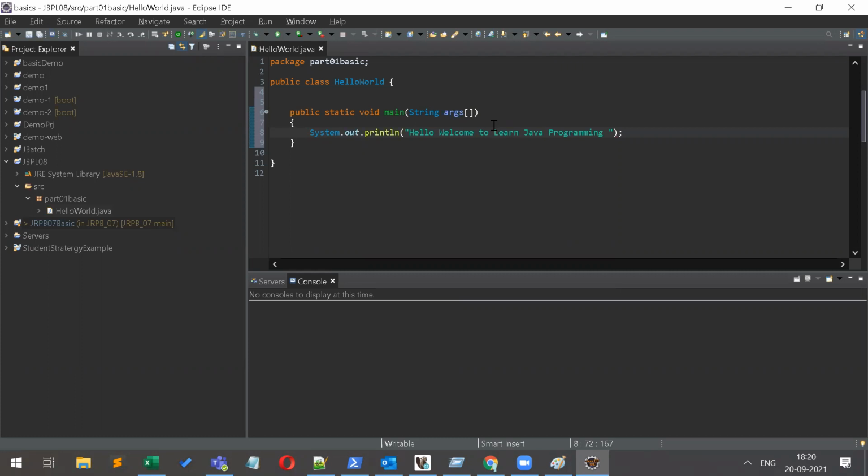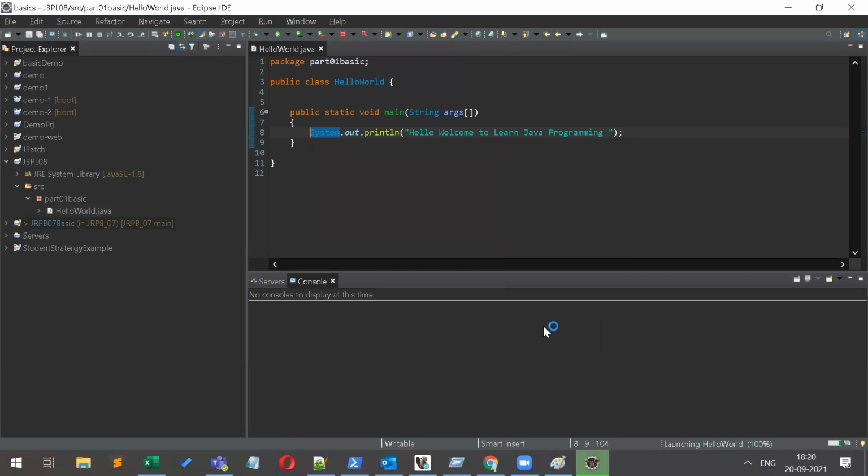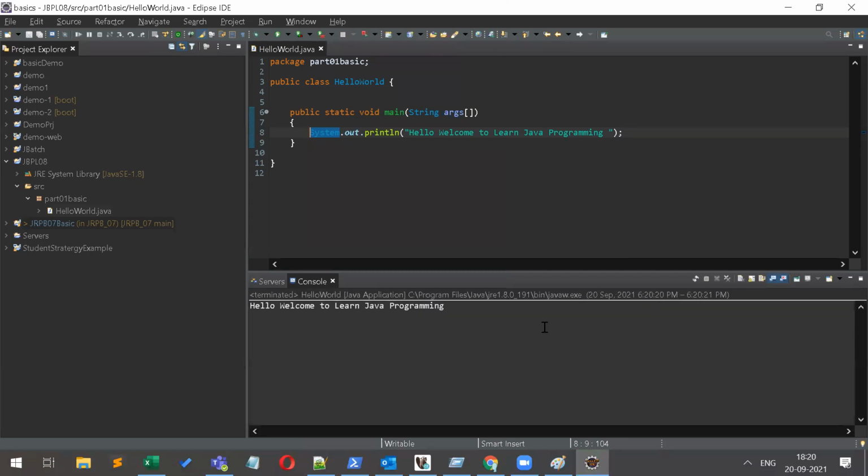This is a simple syntax, and if you want to run this, just right click on the main method and Run As Java Application. That's it. This is the console, and you will be able to see the output here.